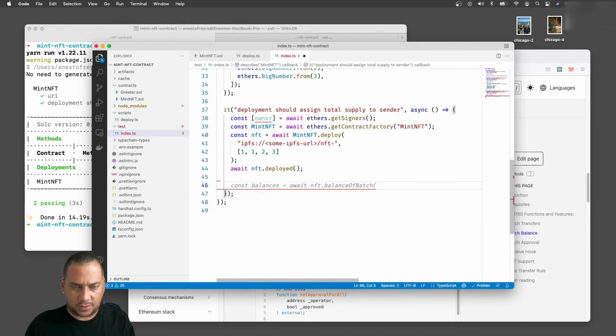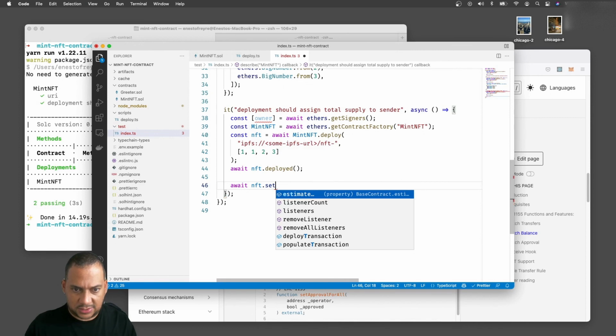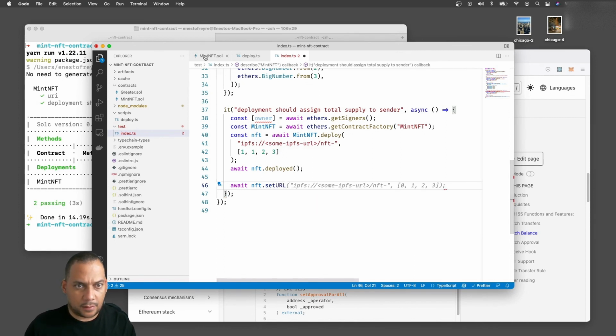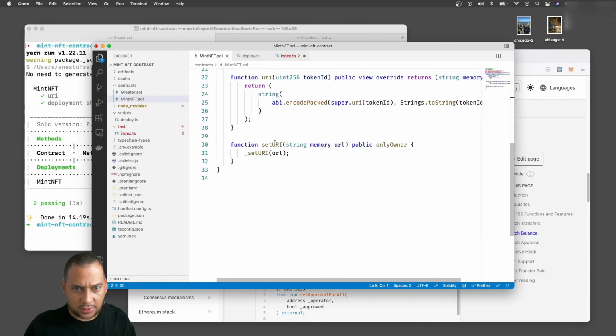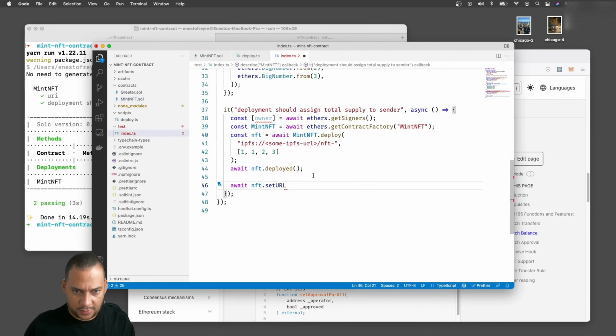Okay, so we already have the owner, and we will await NFT set URI. Sorry, URI, and we will pass a new URL. So we will pass https server CDN.com NFT.